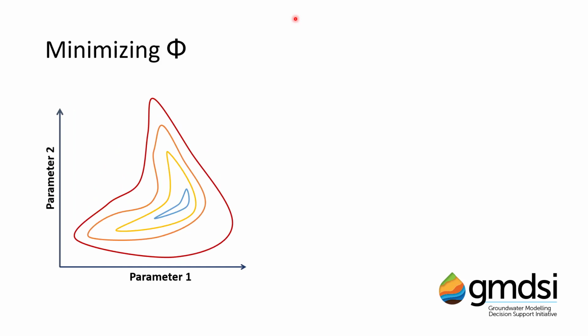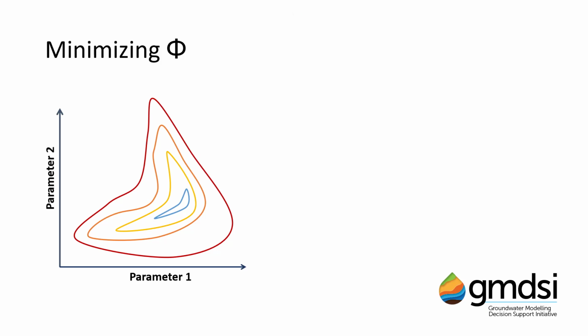Now, because in groundwater models the responses of observations to parameter changes are usually non-linear, the search for optimal parameters must accommodate this non-linearity. So rather than having that nice smooth contour field, we'll actually have this blobby, deformed thing which does not have a clear direction towards the minimum. A widely used method, and the method which is applied in PEST and PEST++ GLM, is based on the derivative-based Gauss-Levenberg-Marquardt method, or the GLM method.